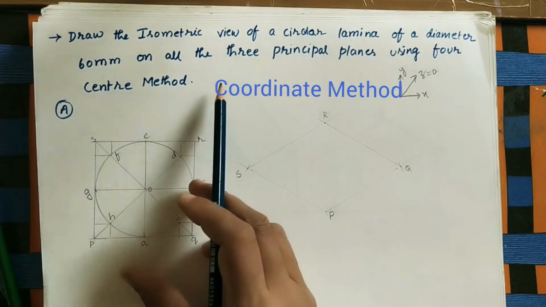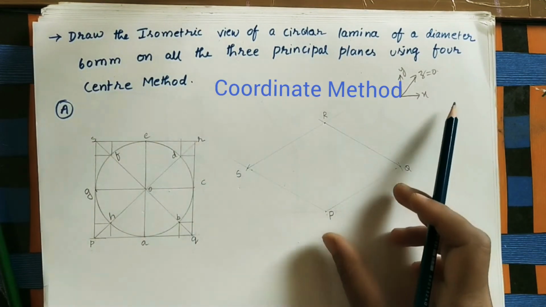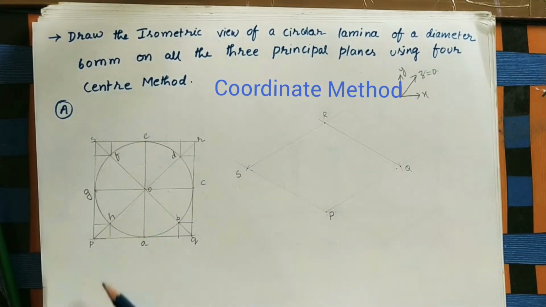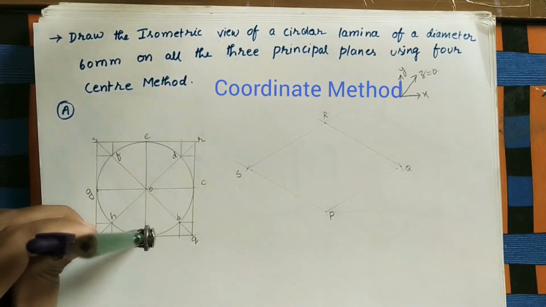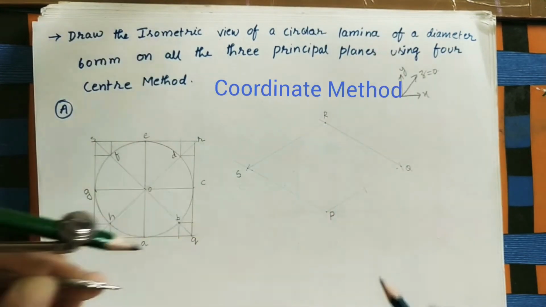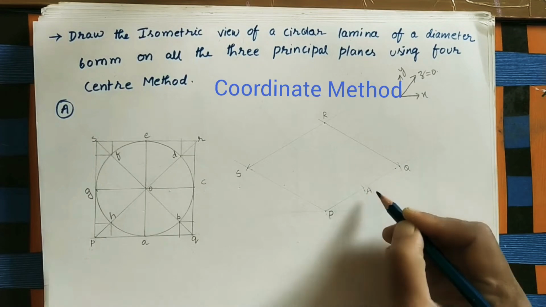Okay, we are taking this orthographic view square. In the isometric view, it is looking like a rhombus. Okay, so after getting this rhombus, here mark the middle points. Okay, so PQ middle point is A point. Take PA length by using compass. Mark on PQ, P as center. Do an arc here. This is capital A point.